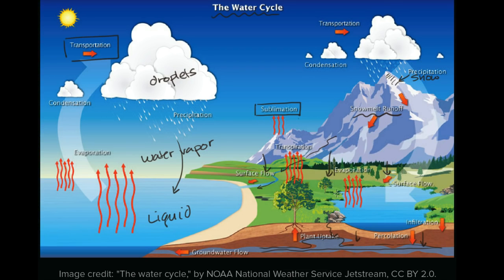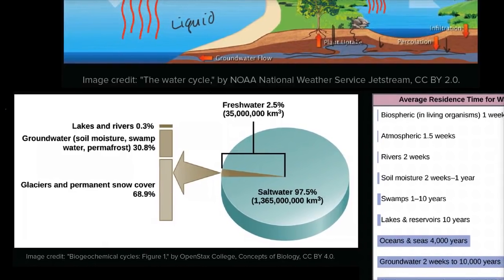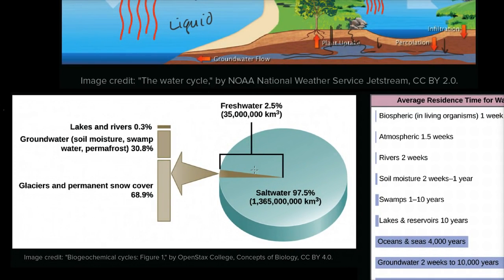Now, one thing that I find really interesting as an organism that is dependent on fresh water, when people say fresh water, we're talking about water without salt as opposed to salt water. So we really need this water that's in the fresh water in lakes or in rivers, or we might dig wells so that we can get the water out of these aquifers. It actually turns out that very little of the overall water in the world is fresh water. And so let me show you this chart over here. I always knew that, but I didn't fully appreciate how little was fresh water.